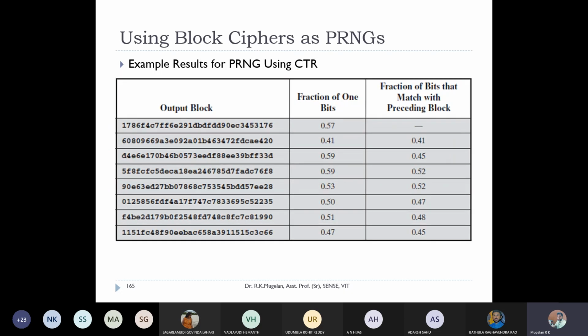And the same key and seed value is used in counter mode. Even so, you're getting the same fraction of bits, roughly 50%. Even if you increase your seed value by 1, you can see the fraction of bits matching with the preceding block is also only roughly 50%. So these are a few examples of serial random number generation using output feedback mode